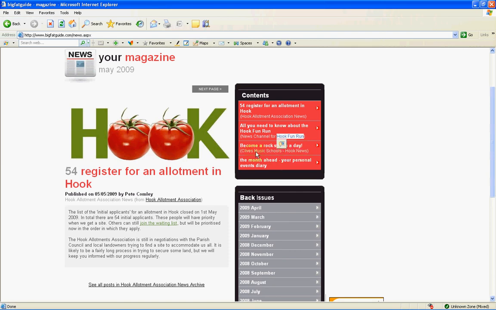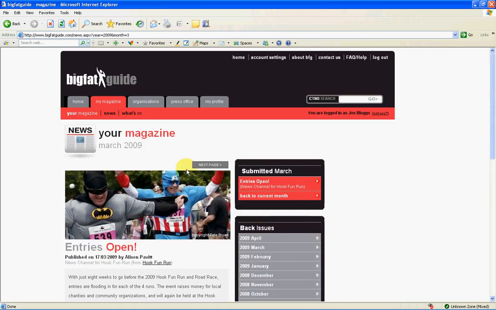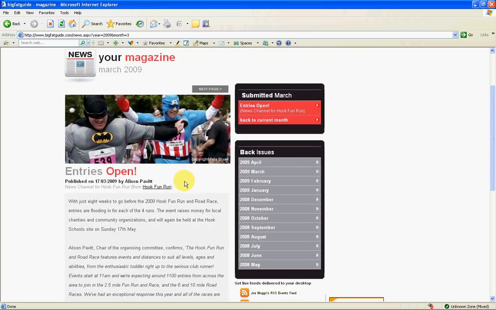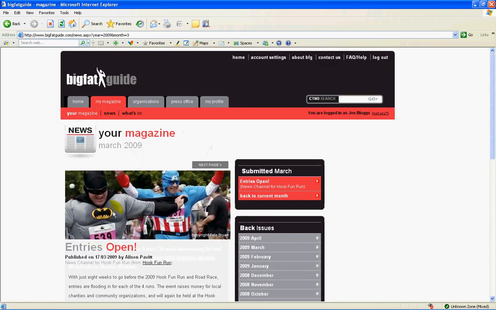Lots of things go on, and also, gradually over time we'll be able to go back and find news items in previous months. So if we go back to March, we've got our back issues here, just like a normal magazine. So the idea is it's for very busy people who don't want to spend a lot of time searching for information. Once they've found something that's of interest to them, they can say, you know what, I want to get this in my magazine,